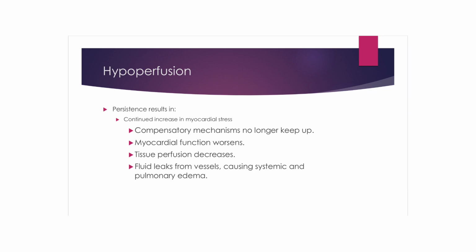So persistent hypoperfusion results in a continued increase in myocardial stress. The compensatory mechanism can no longer keep up with increased oxygen demand, and then you'll get worsening of myocardial function. Tissue perfusion will decrease, causing impaired cell metabolism. Fluid may leak from the blood vessels, causing systemic and pulmonary edema,